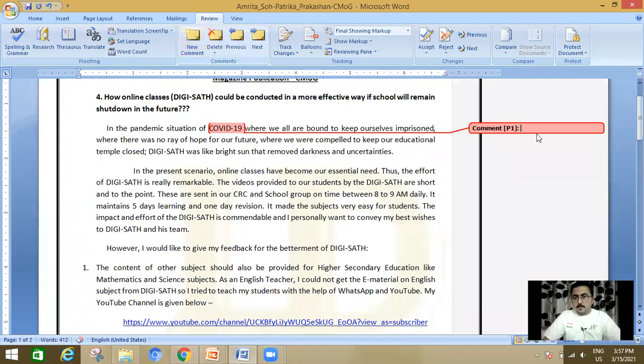Here, you can write whatever feedback you want to give. For example, please write the full form of COVID-19. Okay, that's all.